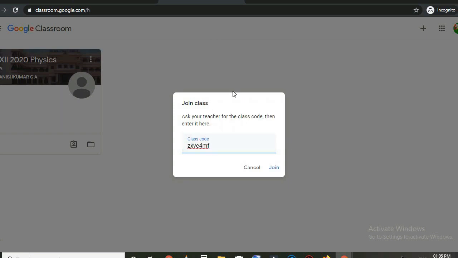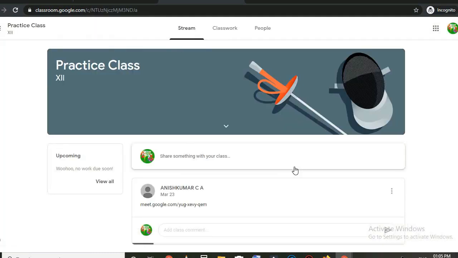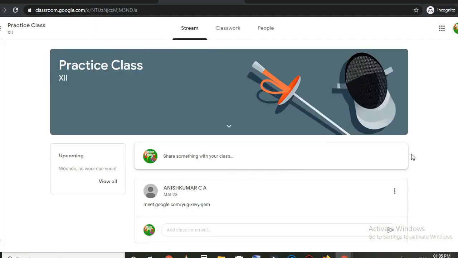You can send this code to the student and click join. See, again I entered the class as a student. In this way, by using the link or by using the code, you can enter the class.